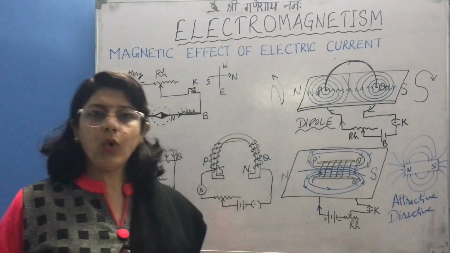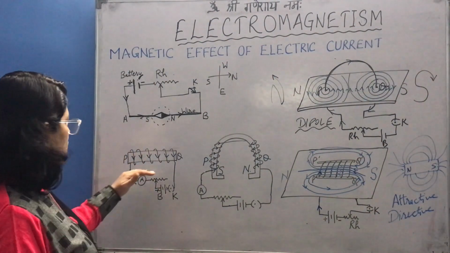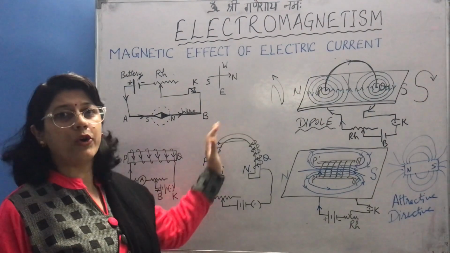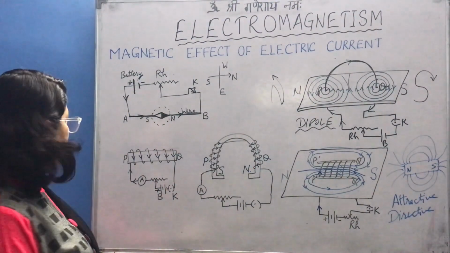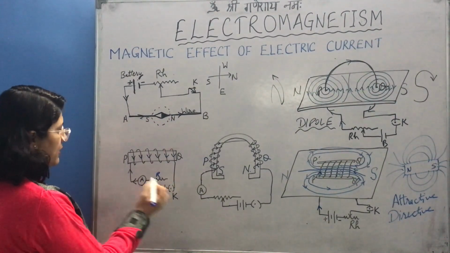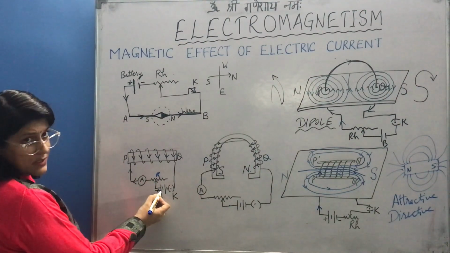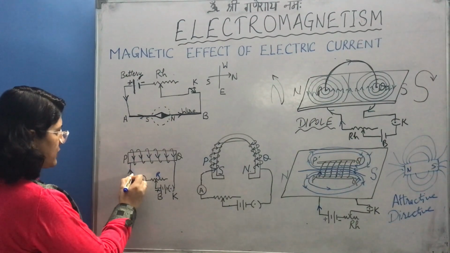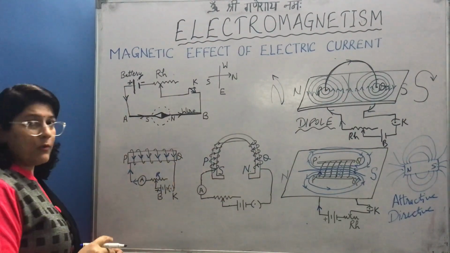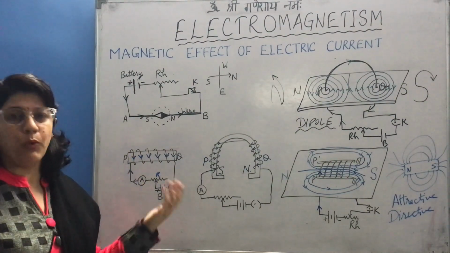So there are two shapes which are prominently used in the topic of electromagnet. First is I shape, which is made by using a bar magnet. Another is U shape, which is made by using a horseshoe magnet. Again, to complete the circuit, we have to insert an ammeter, rheostat, battery and a key. As soon as we press the key, current starts flowing, because the battery positive terminal is this side. So current starts flowing in this direction. And again, using the right hand thumb rule, we can detect which side behaves like which pole.